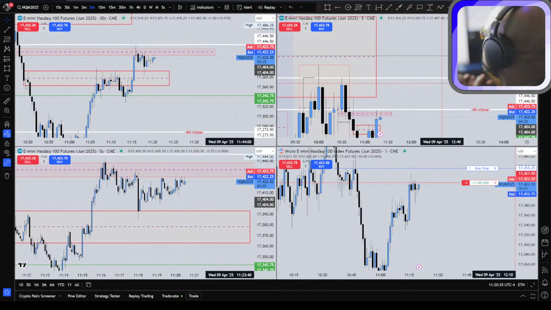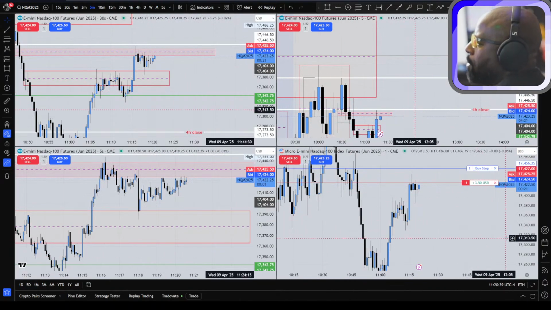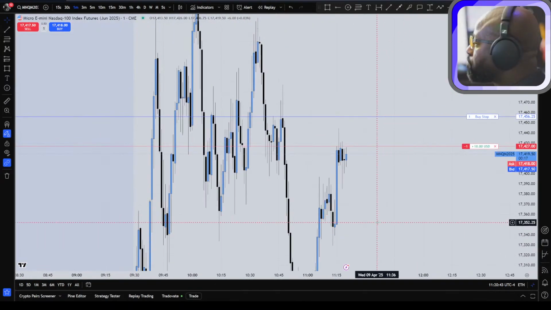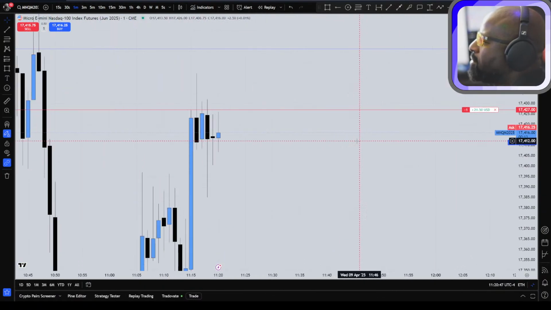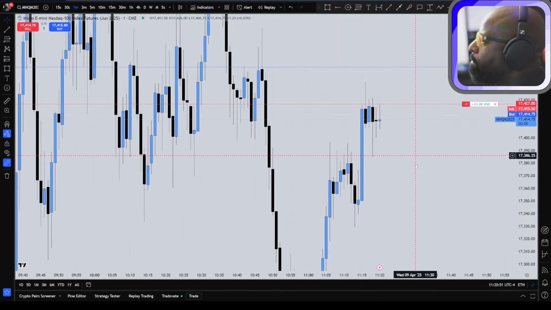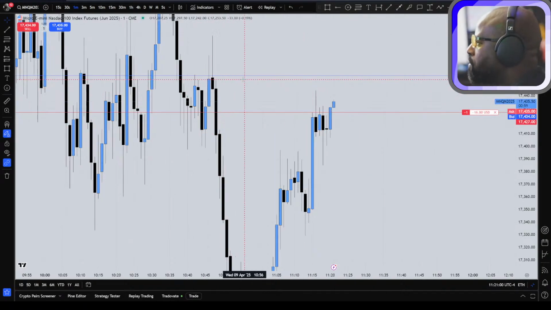I mean, the FOMC minutes are going to come out a little bit later. And the way this trade is sitting here, it's not going down. That does not encourage me to think that it's going to go down. The way it's just sitting here, I like this up close candle. I thought that was a great thing. I did not want to see it go up above the opening price of this candle